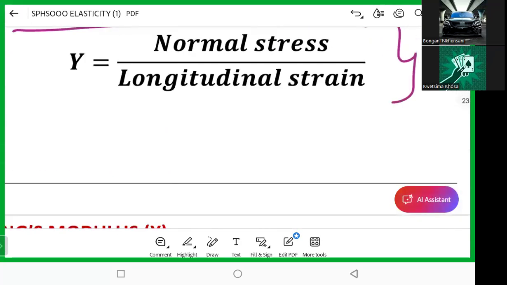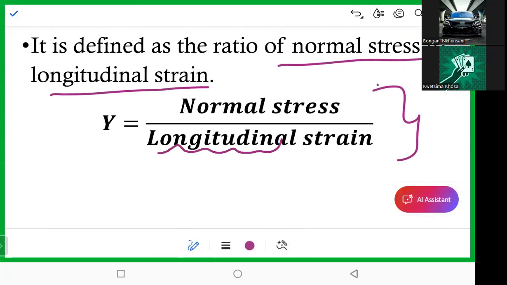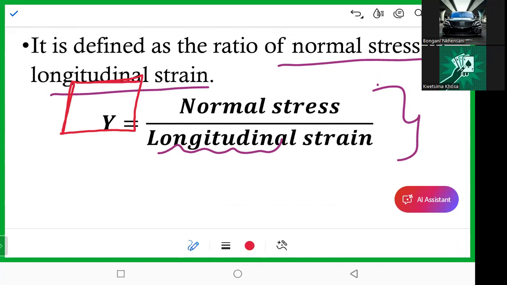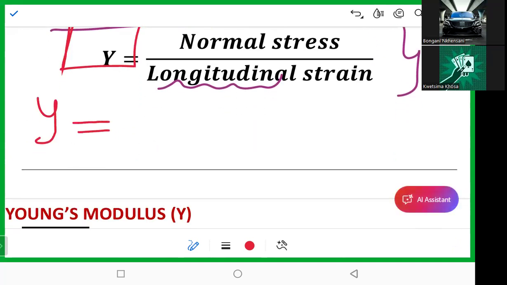We're talking about the longitudinal. We're checking the length for Young modulus, right? How stiff is that part of our object? We are talking about the book. It means we're checking how stiff that length was. So the stiffness will be checked by the formula. So it's Y equal to force per unit area over